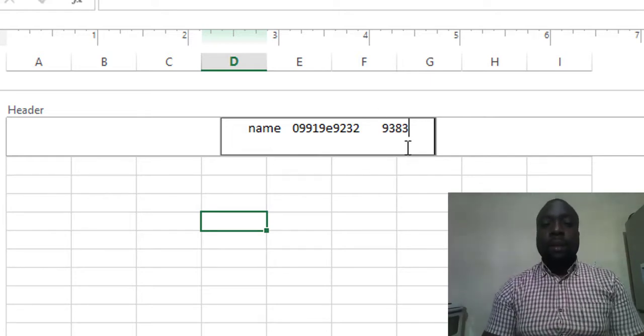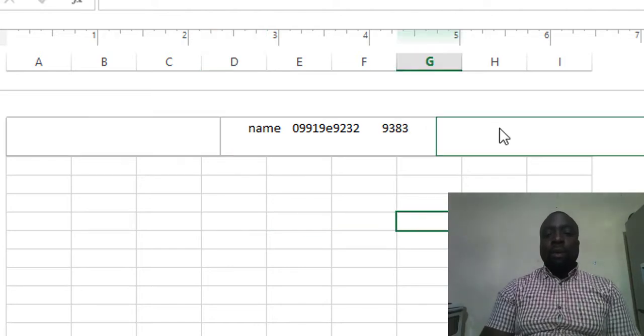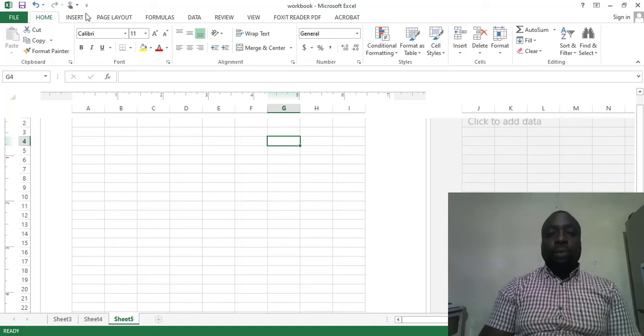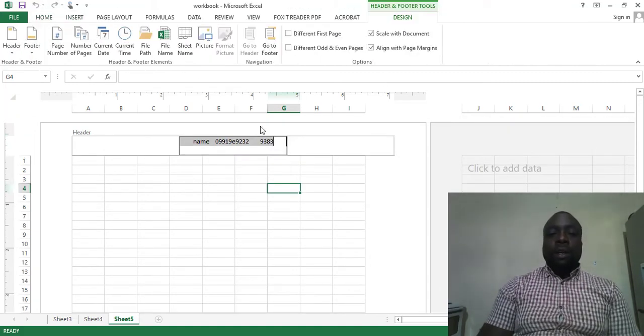Okay, and the center code there. So that is how you do it basically. Okay, you can also do the same with the footer. If you're told to insert your details in the footer, sorry, so you've seen we are